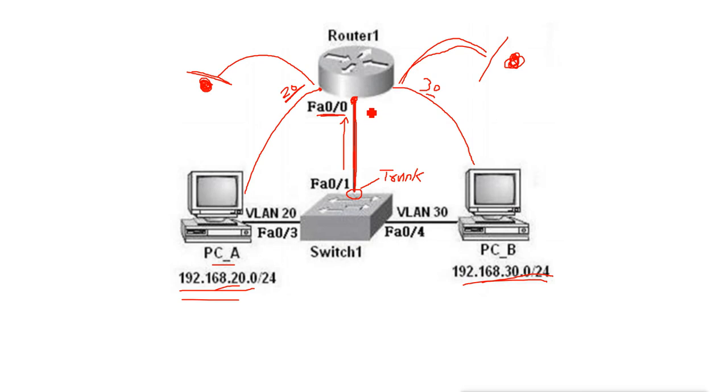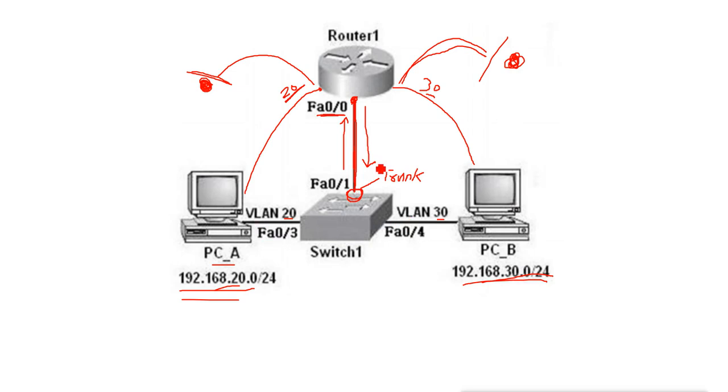So when the router sends the data on the same link, it will reach the switch here, and the switch will receive the data on the same trunk port. Now the switch has to decide whether the data is for VLAN 20 or VLAN 30, because the router has done its job based on the IP address, but the switch does not know the IP address. The switch knows only the MAC address. So how will it know? The switch has to know where to send the data, in which VLAN, VLAN 1, VLAN 20 or VLAN 30.